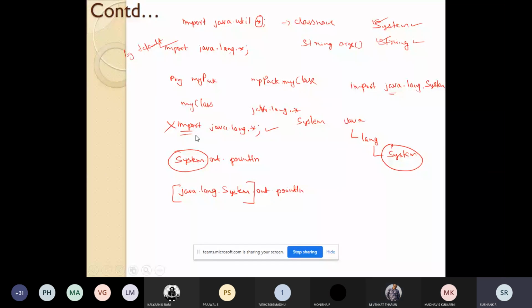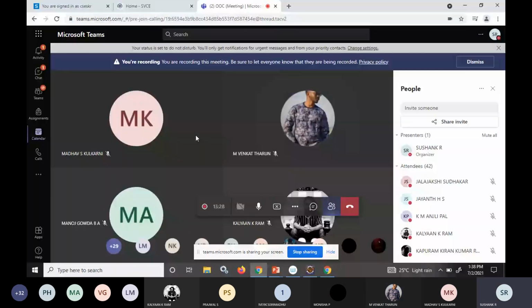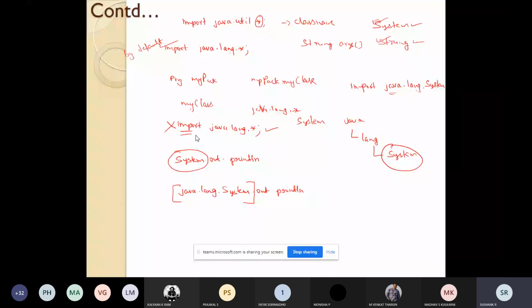Because of this import statement, we are able to just use the class name itself.